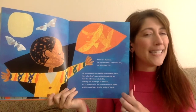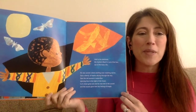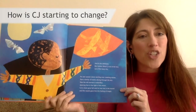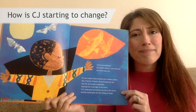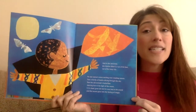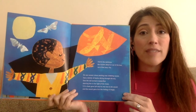I noticed that CJ is feeling happy and free when he heard the music. I'm wondering, how is CJ starting to change? How did he feel before? How does he feel now? Use the sentence frame, CJ used to feel, but now he feels...